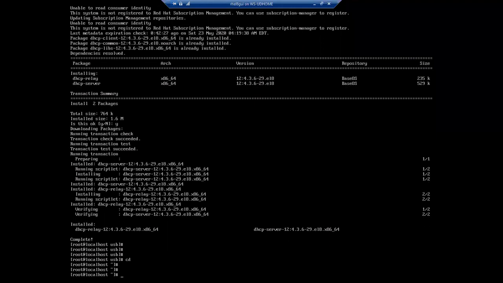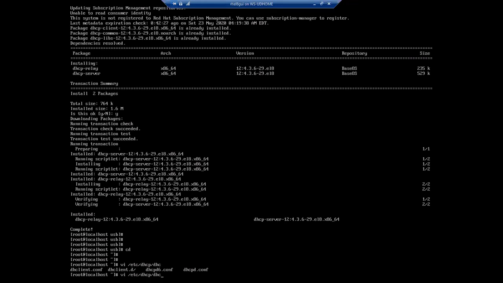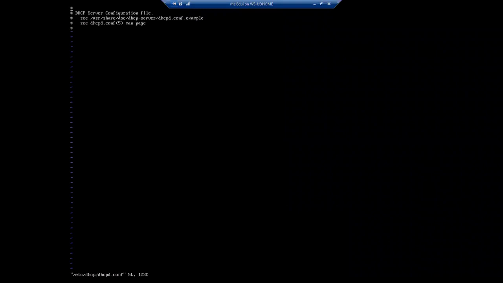Now let me check the configuration file. I will use vi /etc/dhcp/dhcpd.conf. This is the configuration file where we have to make changes for the DHCP server configuration. It says in my machine I don't have the file at this path.